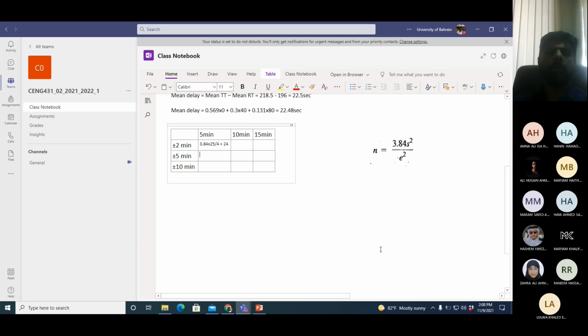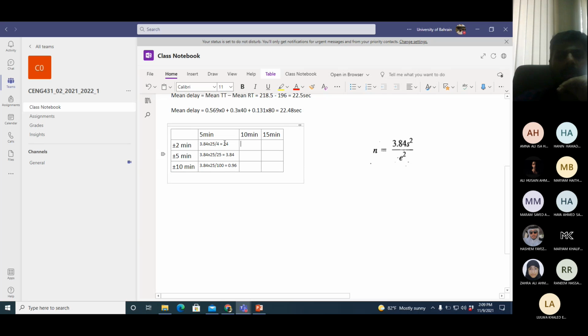Now the tolerance level changes from 2 to 5. So this is 25 upon 25, so only 3.84. Give me the last value: 0.96. Now we can move on to the next column.